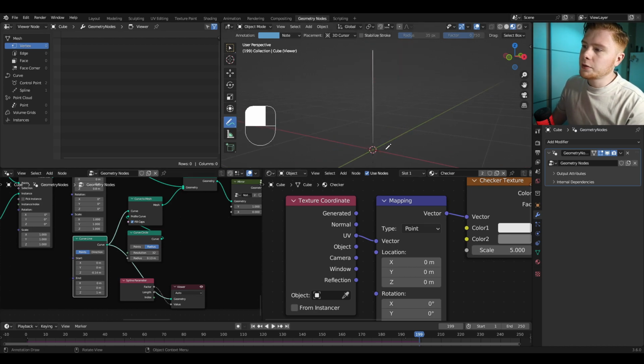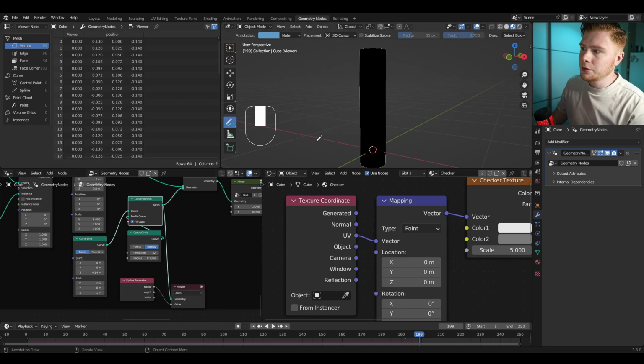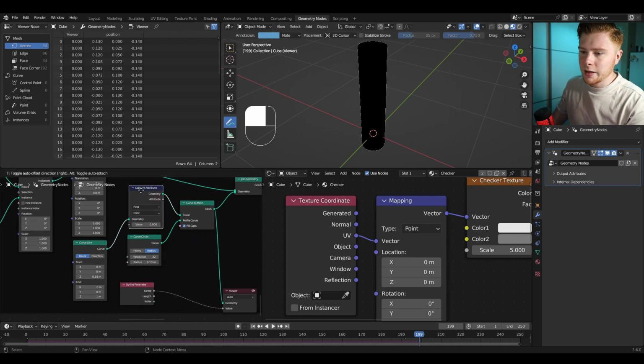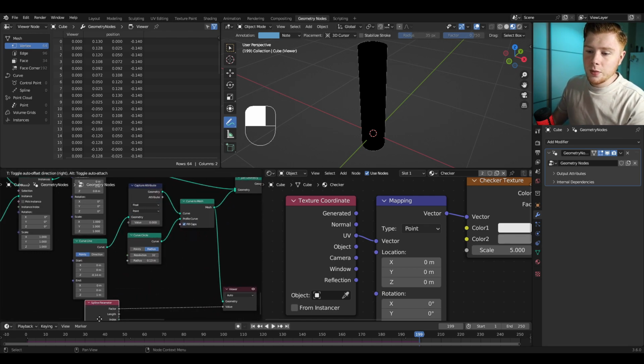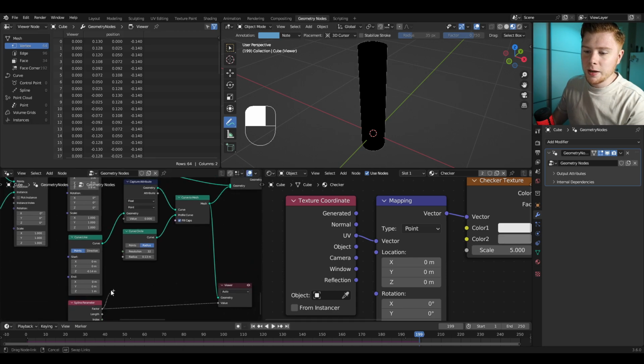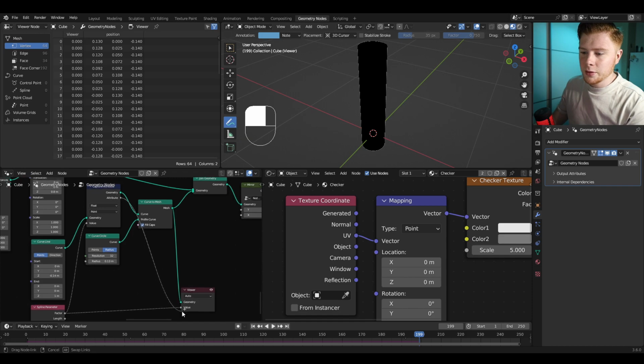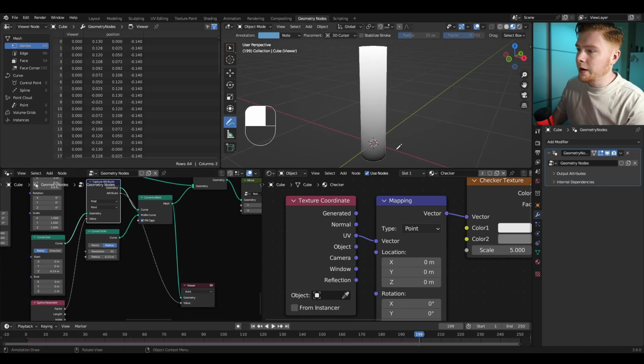Now I want to transfer this gradient information to this thicker mesh. And you can do this by using a capture attribute node. Set that over there. And the attribute that we want to capture is the spline parameter vector over here. And now if you connect this with the viewer, then you will see we're getting a gradient that goes from